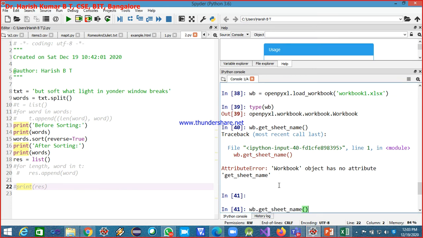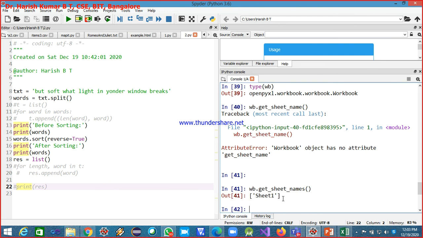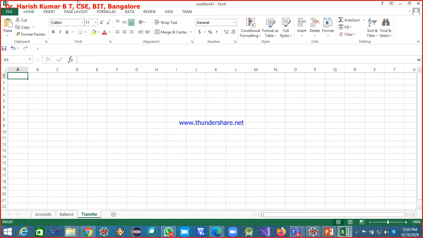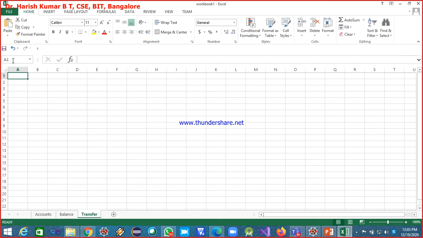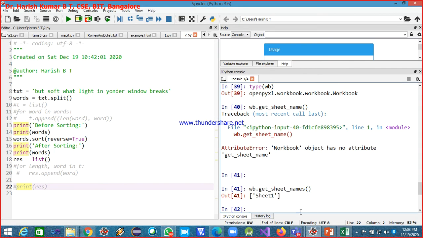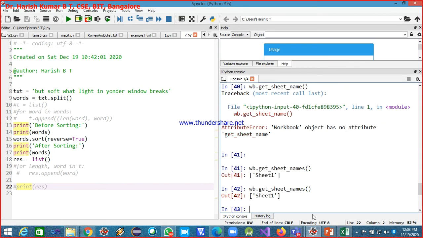Oh, sorry, names, it is plural. See, it is giving me Sheet1. Okay, now after doing this I have to save. So it's still not saved. Let me save it. Okay, now I have saved it. Let me run it again.